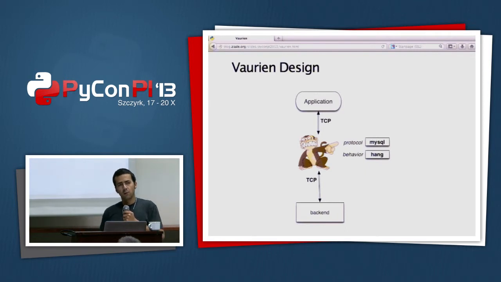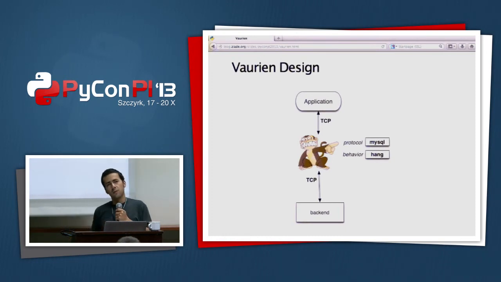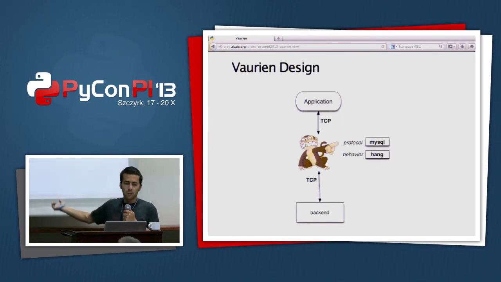So when you run a Vaurien proxy, you say, hey, this Vaurien proxy will use the MySQL protocol. So when some data comes in the socket, it knows how to handle MySQL TCP data, and it knows how to grab it, pass it to the MySQL backend that's connected behind, and pass back the response to the application.